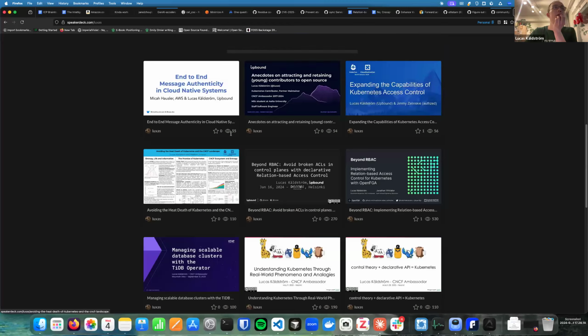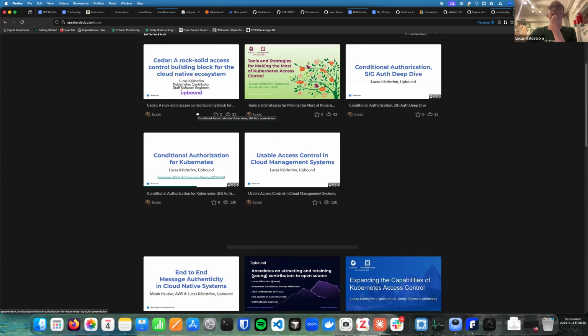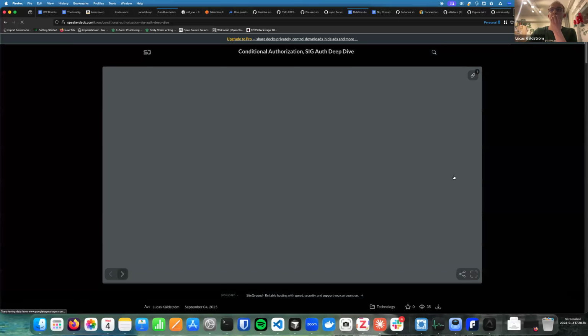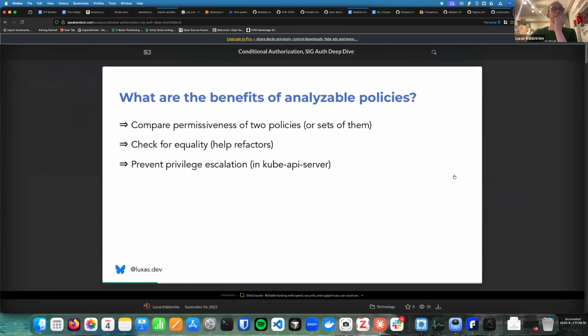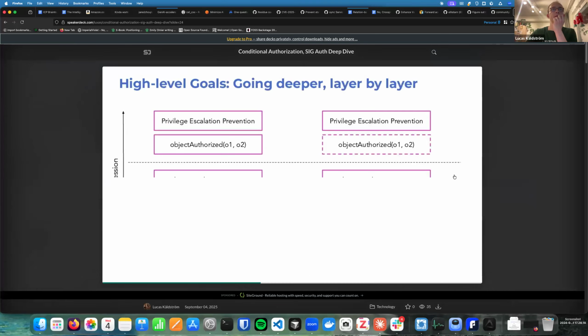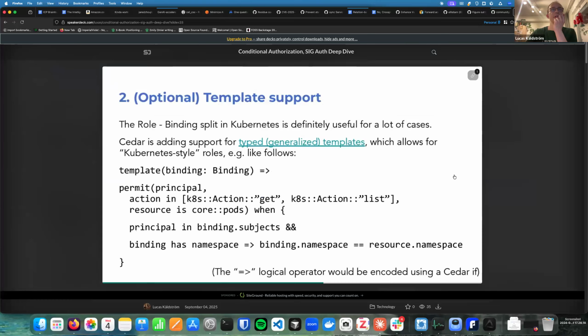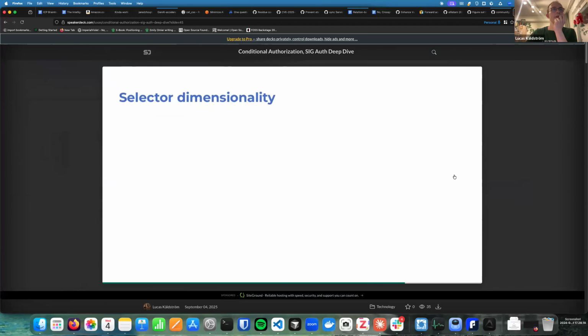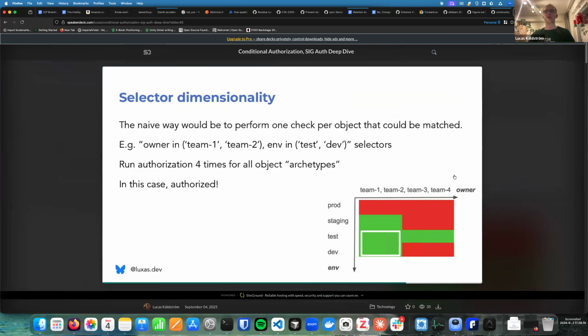Let's see. Which one was it? I think it was this one. So some of the first presentations. This is what I wrote up in a thing that I think could work, but I haven't formally verified this or anything yet. But it's similar to what I did for the read path. So you have a set of selectors coming in, right? Or you have a read request, there are some selectors.